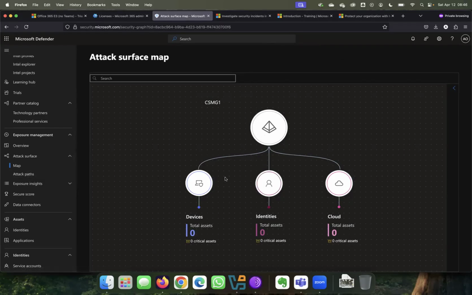But as you begin to create more devices or set up servers and users, and possibly also use cloud services, and Defender can track your users using cloud services, it begins to populate and give you a good view of your